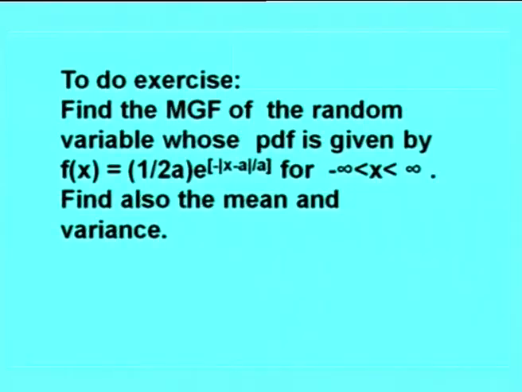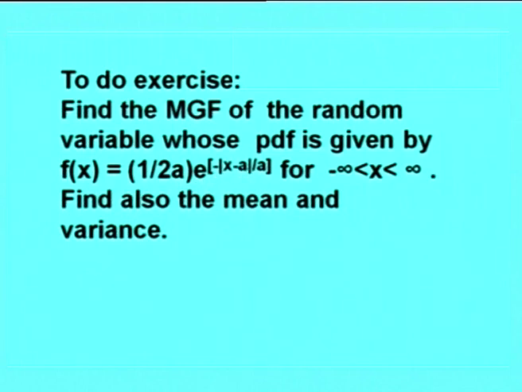In this session, we have seen finding the moment generating function for a continuous random variable. Also, a problem has been done where the moment generating function is given and you are asked to find the moments, and when moments are given you are asked to find the moment generating function. Also, the characteristic function definition has been established and some properties of characteristic function have been discussed. Based on one of the examples we have done for a continuous random variable whose MGF has to be found out, we can do this problem.